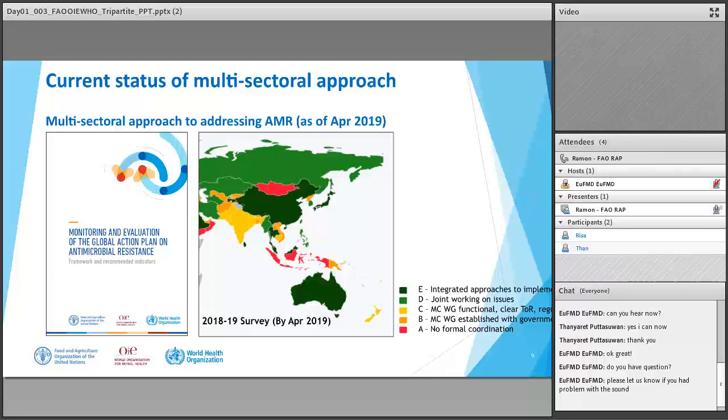Yeah. So honestly, we have been talking about activities that we are doing in implementation of national action plans, global action plans, maybe global strategies of One Health. But we don't know whether these things are going on well or not. So that is where it is important to have, that is where this monitoring and evaluation comes.